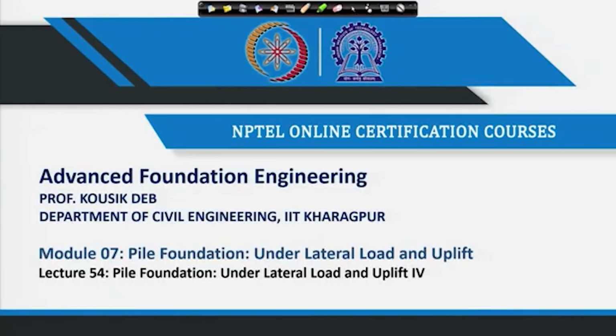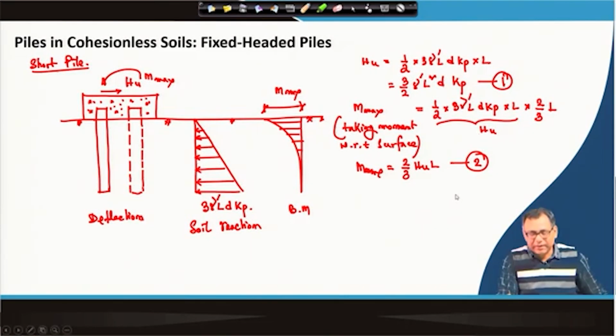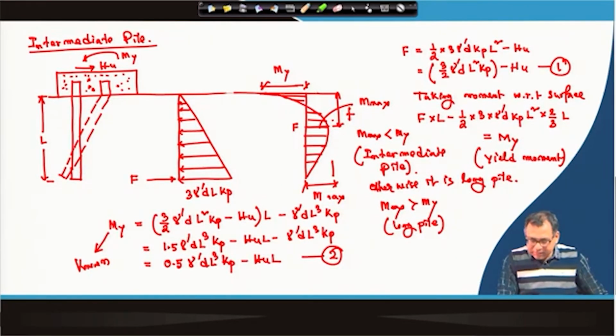So, last class I discussed how we can determine the HU value for fixed headed pile in cohesionless soil, and I discussed two cases, short pile and the intermediate piles, and this is the short pile. These are the two equations by which we can determine the HU and the maximum moment, and in this case the maximum moment will be at the surface, and this is the condition by which we can determine the maximum lateral load capacity of the pile, and we can determine the M max also, which will act at a